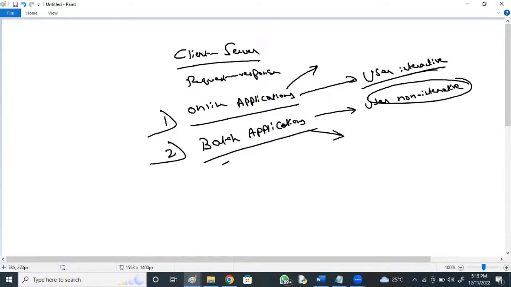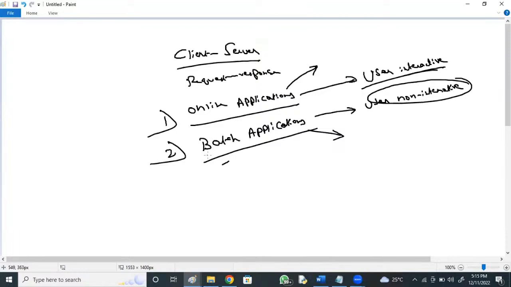But for batch applications, it is user non-interactive. For example, mobile bill statement generation, credit card statement generation, or allocating a railway ticket, where your waiting state is 200 or 150 or 100. Here the user is not performing anything; it's happening in an automated fashion.